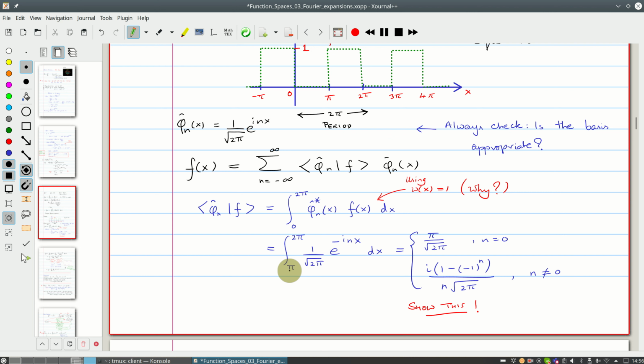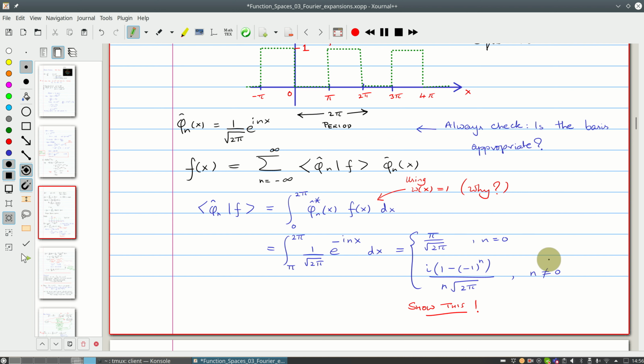Alright, so this is the integral from pi to 2 pi. Remember, this f of x is 0 from 0 to pi, so the only non-zero contribution is from pi to 2 pi. When f of x is 1, that's why it doesn't appear here. And it's the integral of 1 over the square root of 2 pi e to the minus i n x. Don't forget to complex conjugate the basis function because it's in the bra side, and dx. Now if n is 0, then what you will get is pi over the square root of 2 pi, and